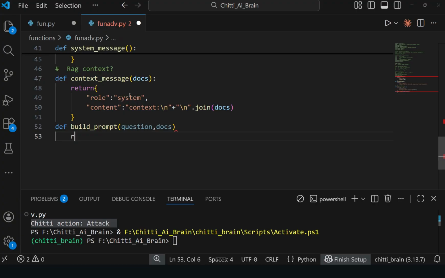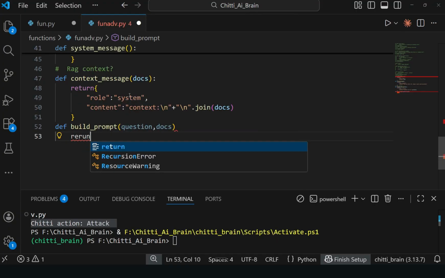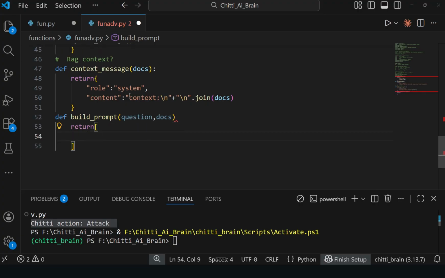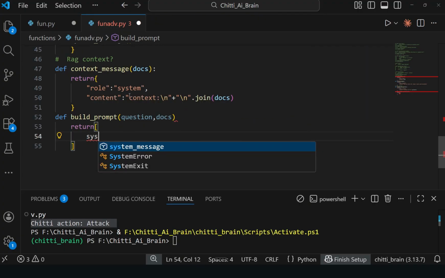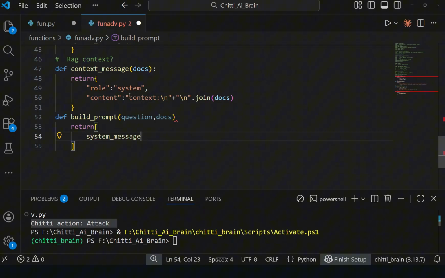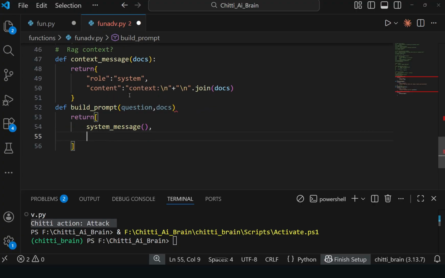And return, what to return? Here we are returning a list: the system message, a list of the message functions we are calling. One by one, first the system message.